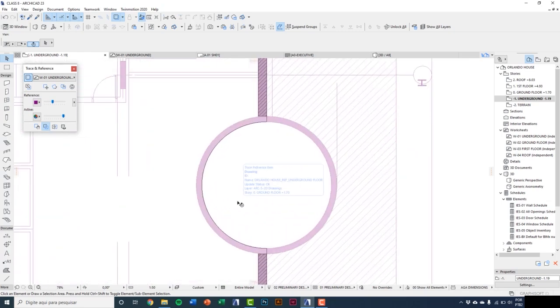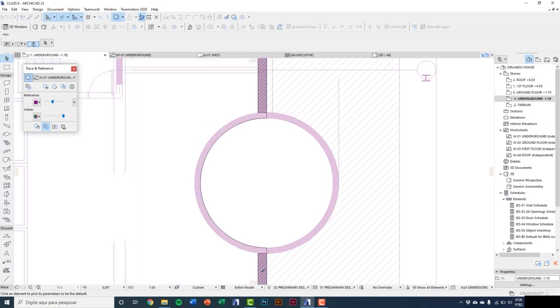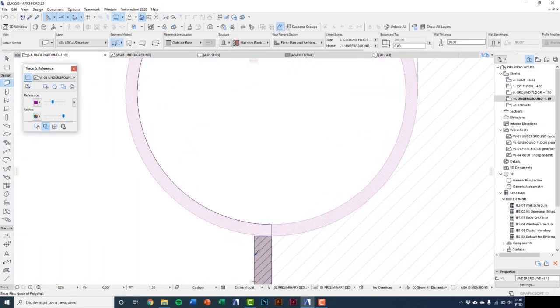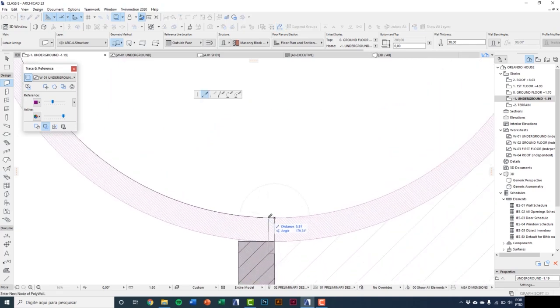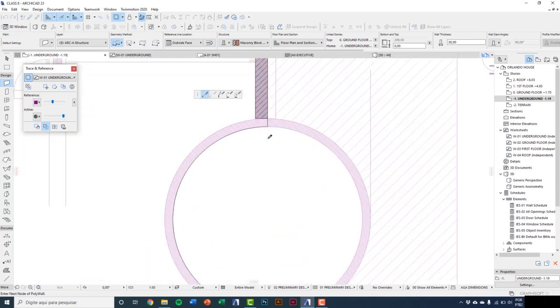I'm going to do curved walls. And wall settings remain the same options chosen in the last wall modeling. But to be sure that the settings are the same, I can copy parameters using the eyedropper. Clicking here on the eyedropper, I select the wall from which I want to copy settings. Click, and then I can draw the wall by clicking on the starting point. And at the end,